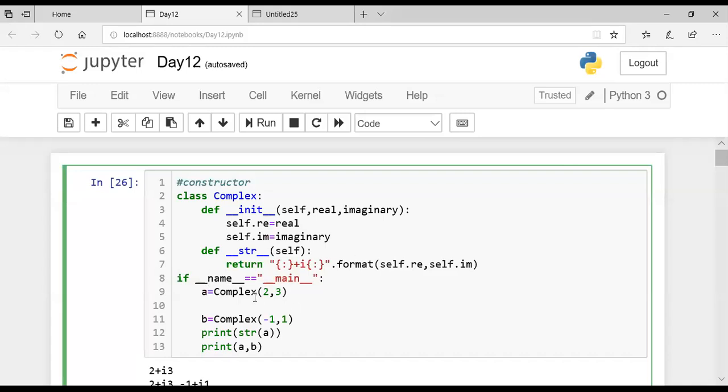Another way which you will learn today is how to call the class members with the help of the main module. You can use this syntax over here: if double underscore name double underscore equal to, in double quotes, double underscore main double underscore, then colon.